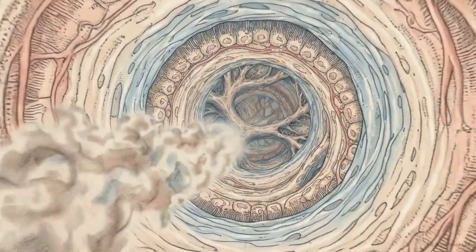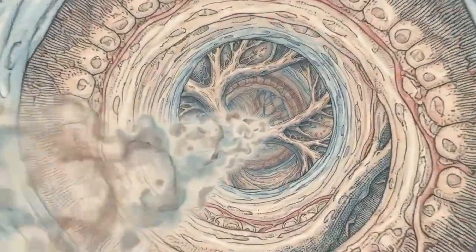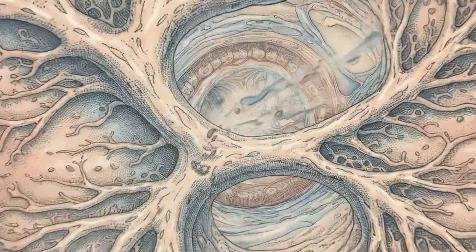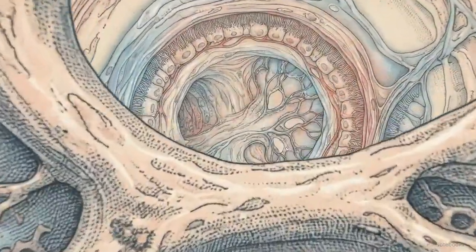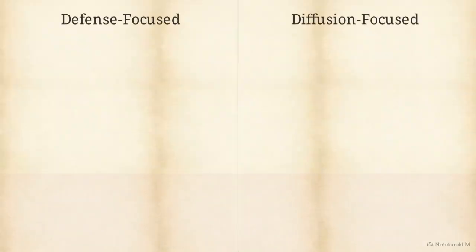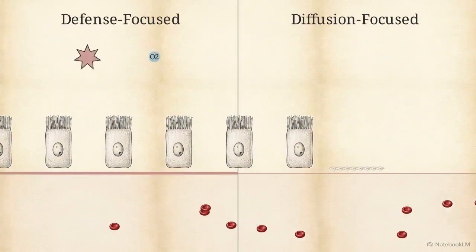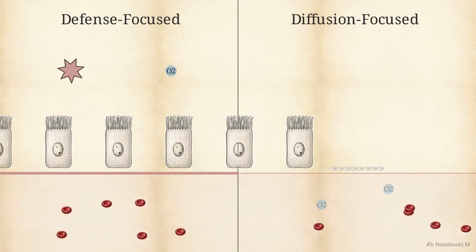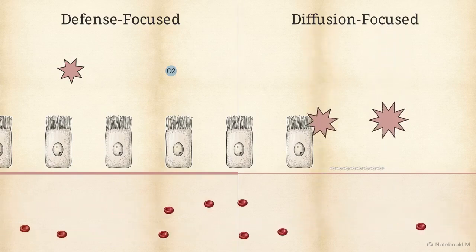To draw a single breath, the human body must expose roughly 75 square meters of internal surface area to a dry, pathogen-rich external environment. That creates a massive physiological paradox. To allow for passive gas diffusion into the bloodstream, the tissue barrier exposed to that outside world must remain incredibly